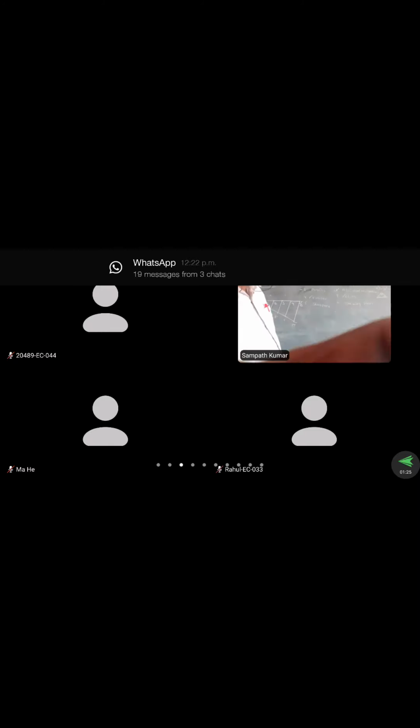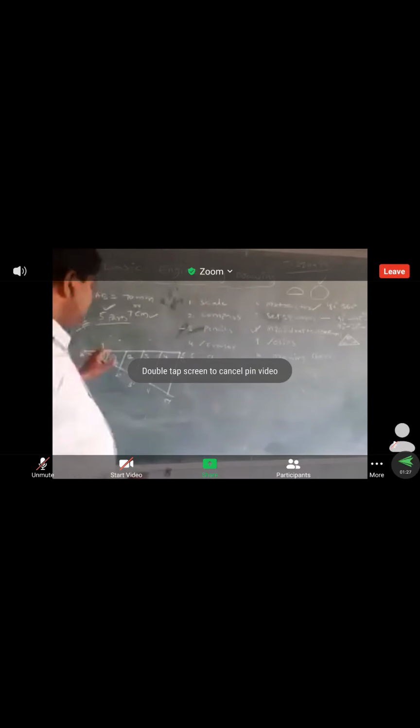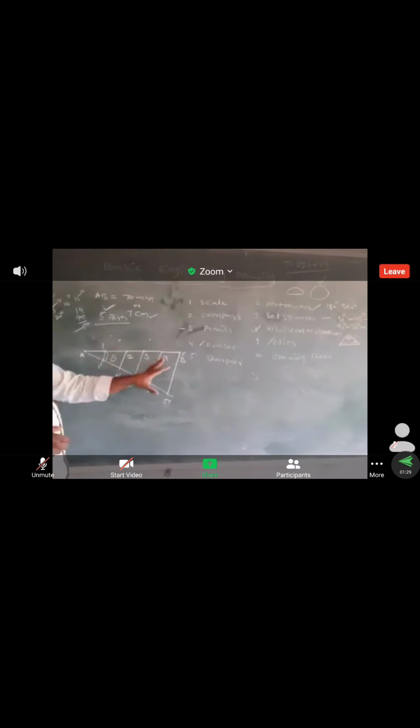The length is equal to how much? Suppose any person sees this on the drawing sheet. The line will be divided into 5 equal parts. He understands, but how much length? Is this length visible or not? Yes. This length is equal to 7 centimeters. But we cannot measure it, so we can write this information on the drawing sheet.